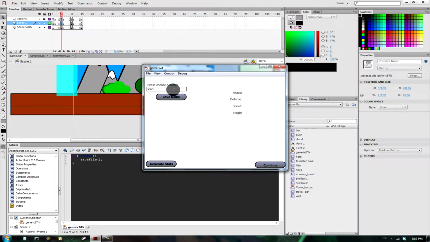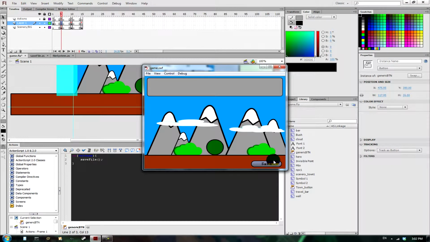We'll type in Bender is my name, save name, generate my stats. Attack is 5, defense is 5, speed is 8, and magic is 5. So everything is 5s except for my speed. That's a lucky coincidence. Hit continue. So now if I hit save,